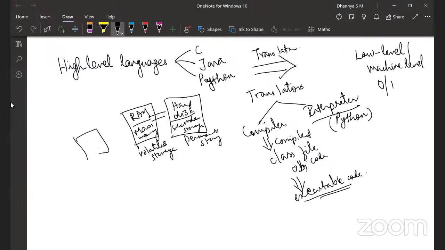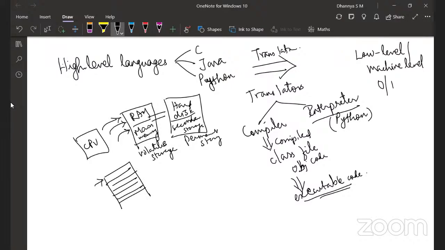Now this is the CPU. When the CPU wants to execute the program that we have written, it executes one instruction after the other. So you have a RAM here, and you have these memory locations. Each will have one instruction per line.